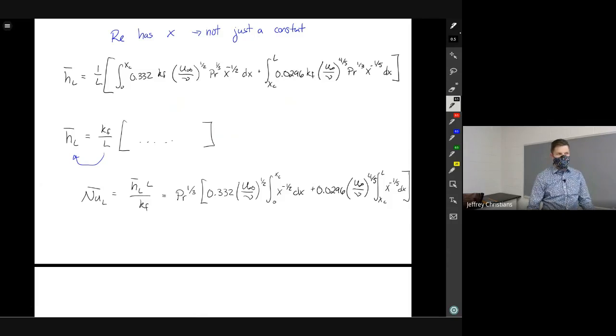They're fairly straightforward, but they're kind of weird numbers. So for x to the -1/2, we would get 2x to the 1/2. For x to the -1/5, you would get 5/4 x to the 4/5. Is that right? So you would end up with